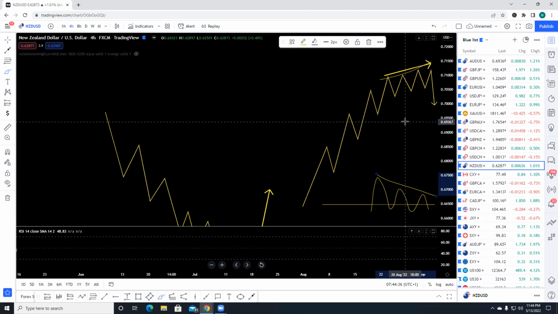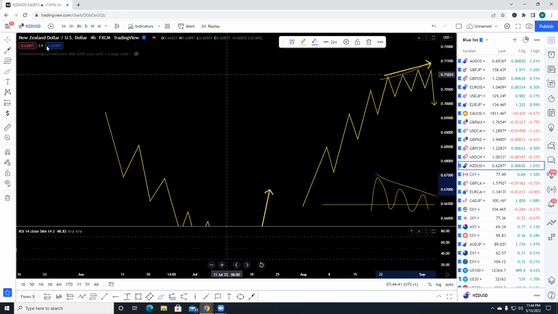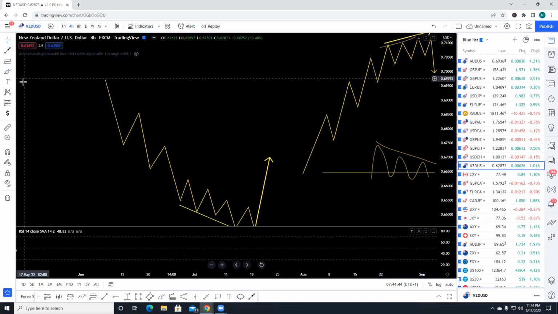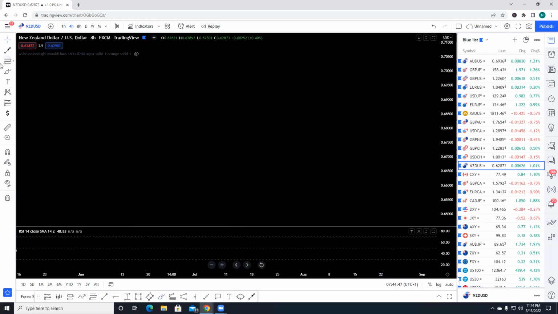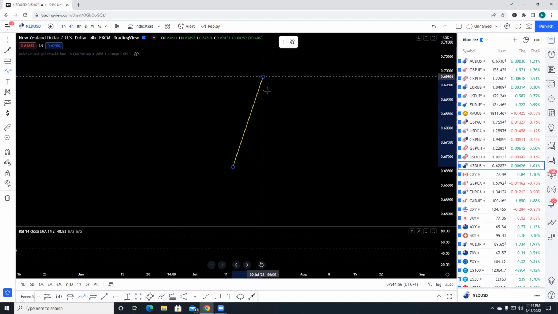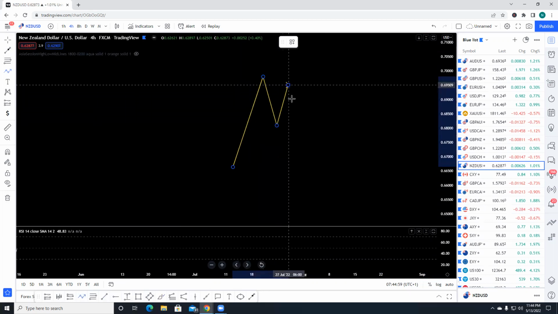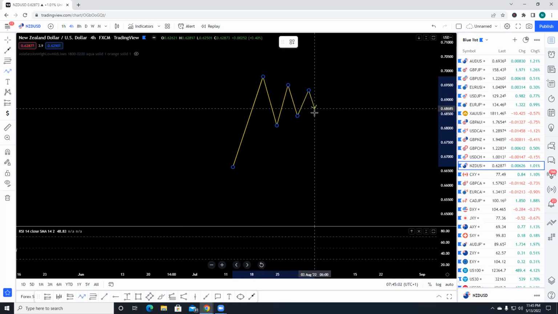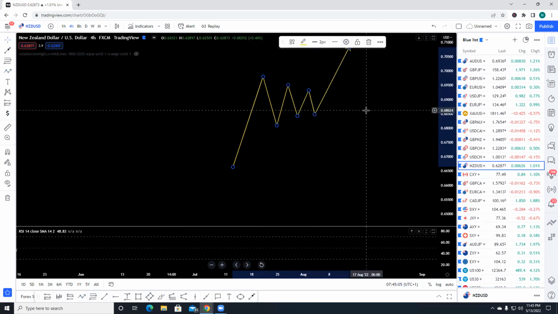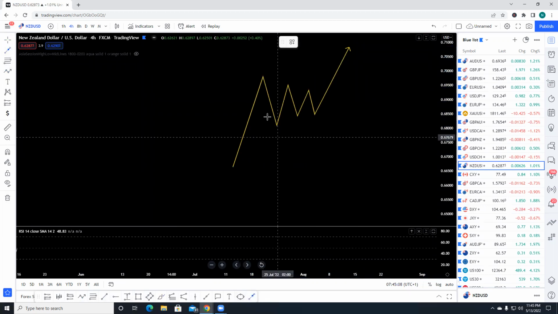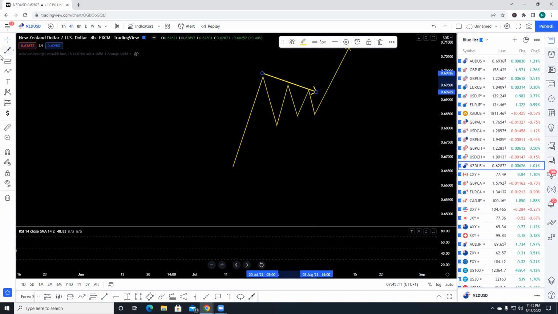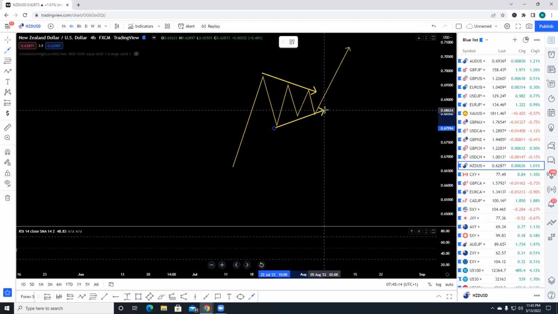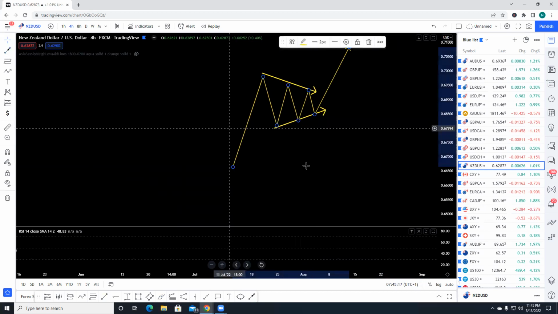So it is useful for patterns like a triangle, to ensure it falls within the guideline of its formation. For the sake of those that may not know, a triangle is a 5-wave corrective structure that we label A, B, C, D, and E. You have an impulse this way, then the market is resting, forming a triangle before it makes this move to the upside. If you connect these points together,